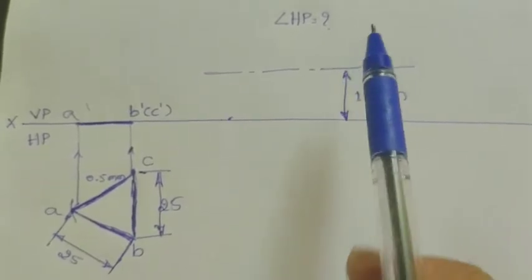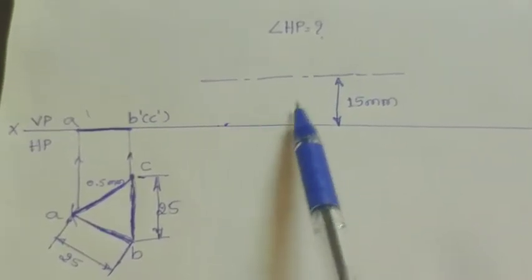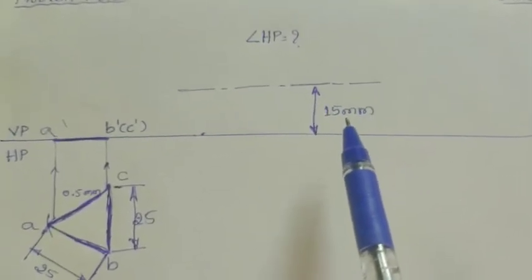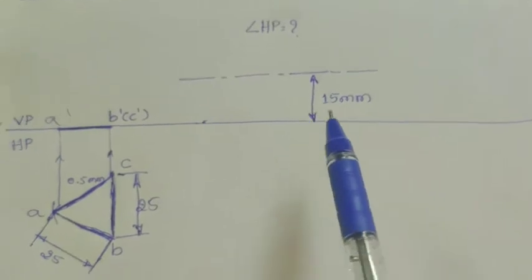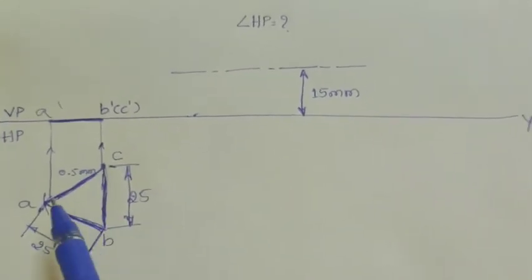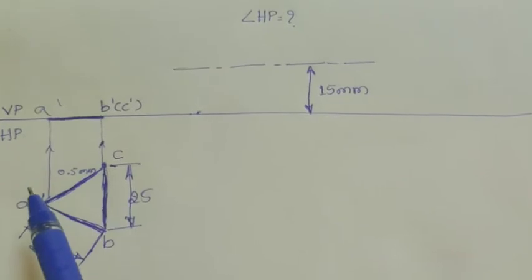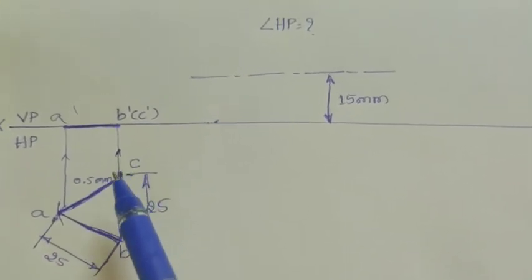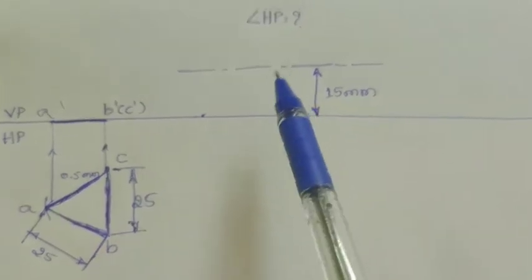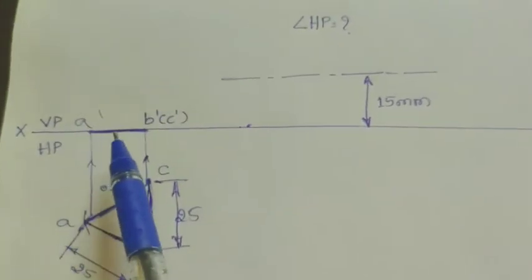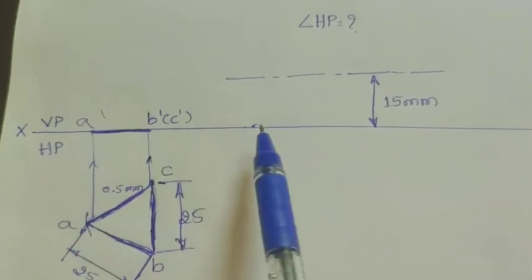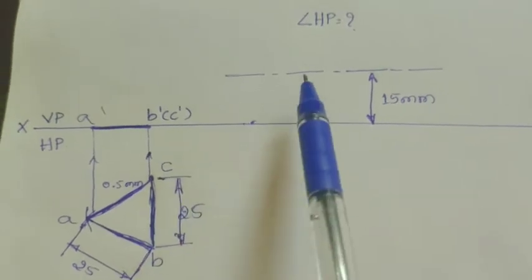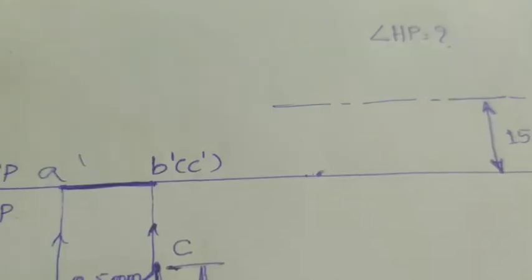Then comes third diagram. Here we don't know angle with respect to HP, but something else is given which is 15 mm above HP. What is having 15 mm above HP? Resting corner is point A, and side opposite to resting corner is BC. That BC is having 15 mm above HP. In this front view, if A dash is kept on XY line, then B dash C dash is at a distance of 15 mm above XY line. We should measure this